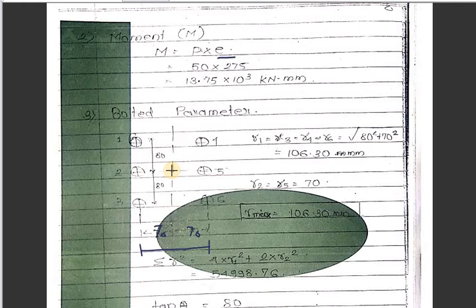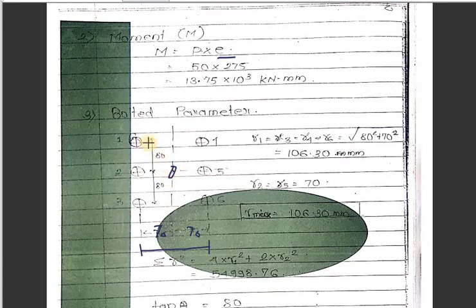So we are dividing the whole plate into 4 parts. While dividing into 4 parts with this dotted portion, this bolt will be at the center. One bolt will be above the line, and these 2 bolts will be below the x and y axis. We have to find out the distance of all the 6 bolts with respect to this center. So we are giving the numbers: 1, 2, 3, 4, 5, 6. First we will find out the distance of 1, then 2, then 3, then 4, then 5, and then 6.